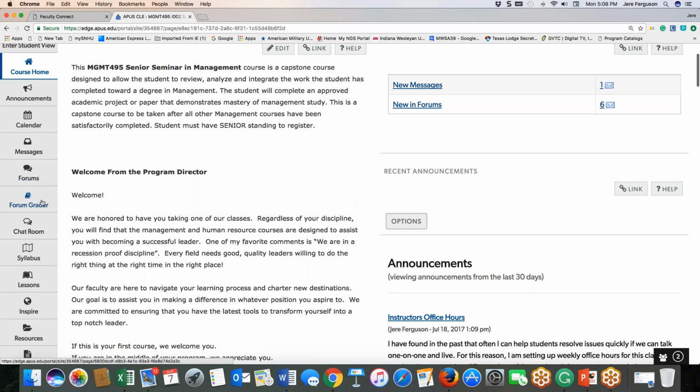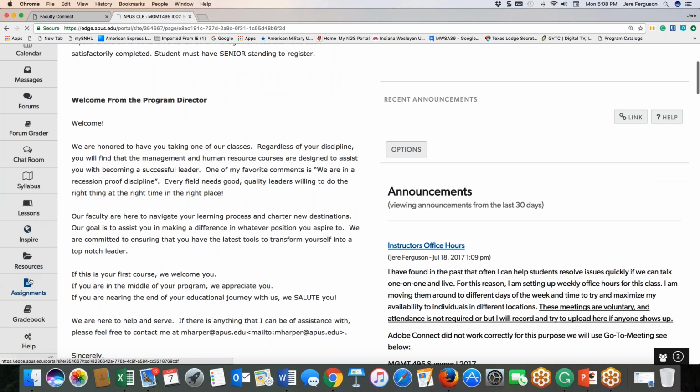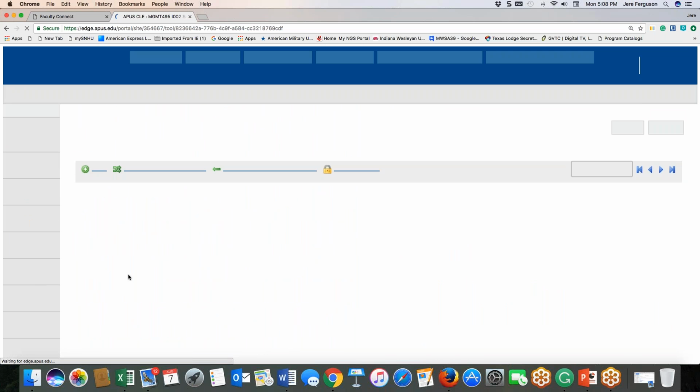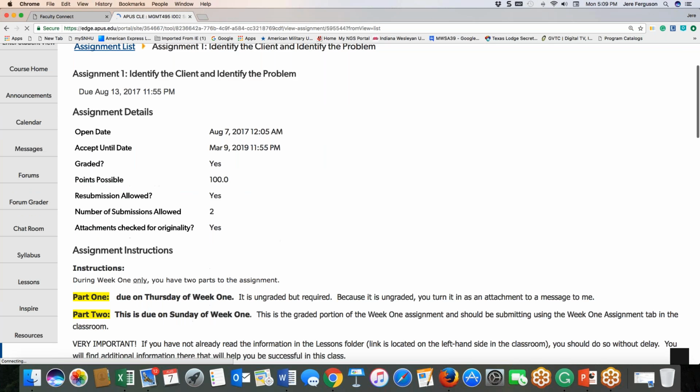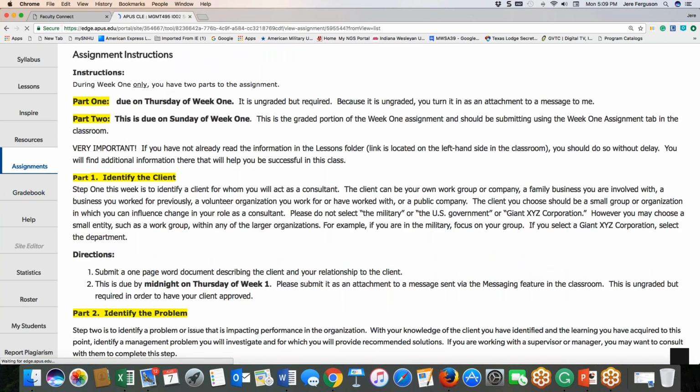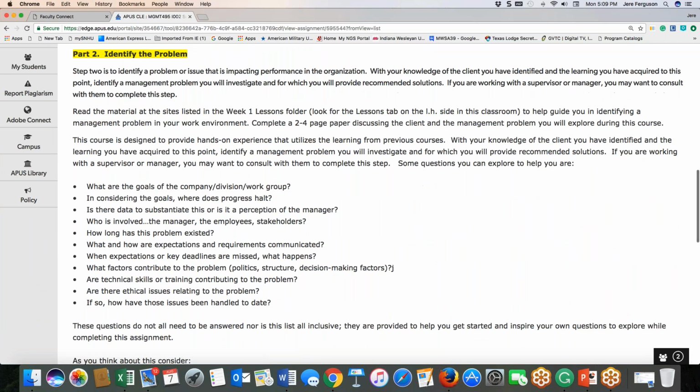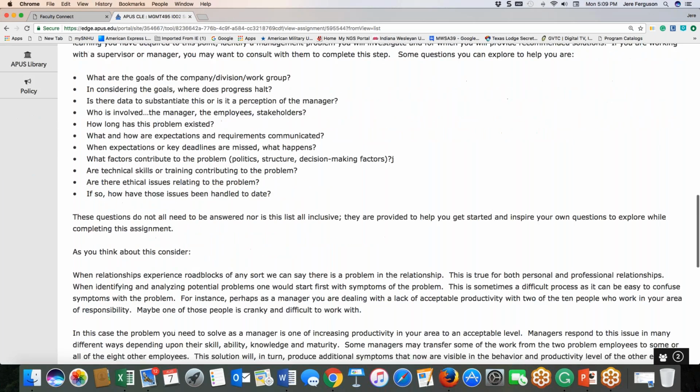As you're thinking about it, if you go into the assignment section, and if we just open up this week's as an example, you'll see that it does give you a very detailed explanation of the type of things that should show up in your paper this week, 2 to 4 pages. This is where you're going to tell me about the company or command you're going to look at, and what the problem or situation is that you're going to research and answer.